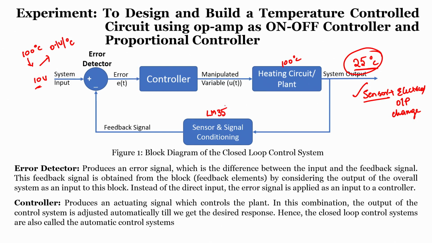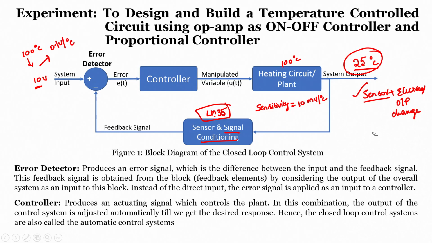Now, why do we require the signal conditioning at this point? Of course, LM35 will also give an electrical output voltage, but it is not guaranteed that the output voltage that we get from the sensor is equivalent to the factor that we have decided here, right. It may or may not be equal. So, in order to understand how exactly this system works, we should look into the data sheet of LM35. When we look into the data sheet, one particular factor that we can see is sensitivity. The sensitivity of LM35 is 10 millivolt per degree centigrade.